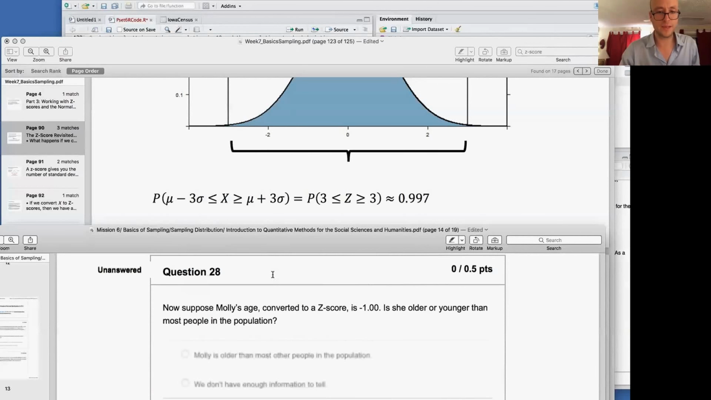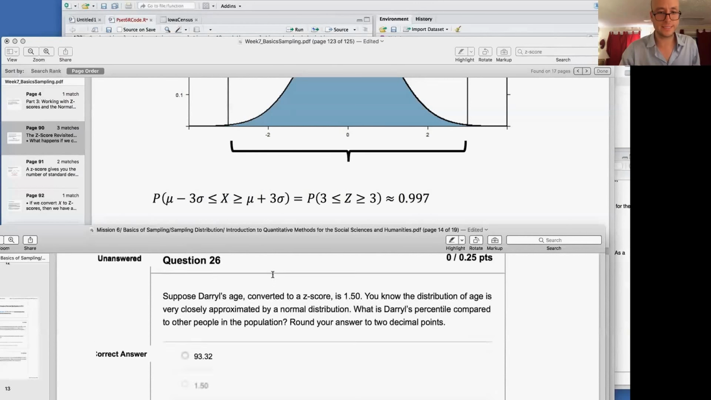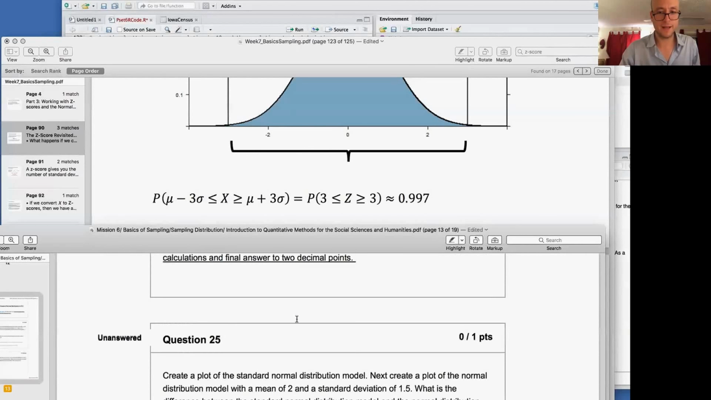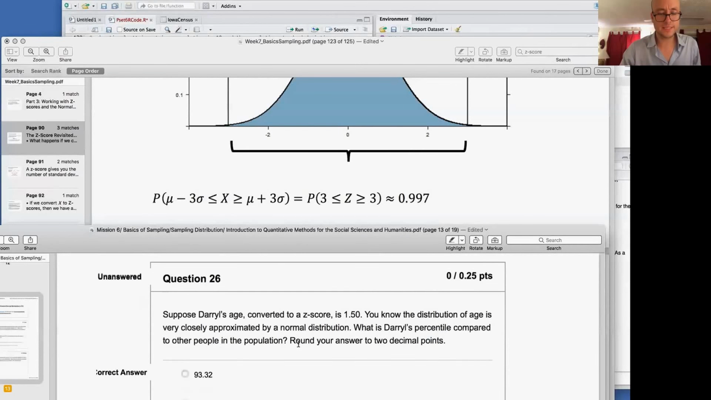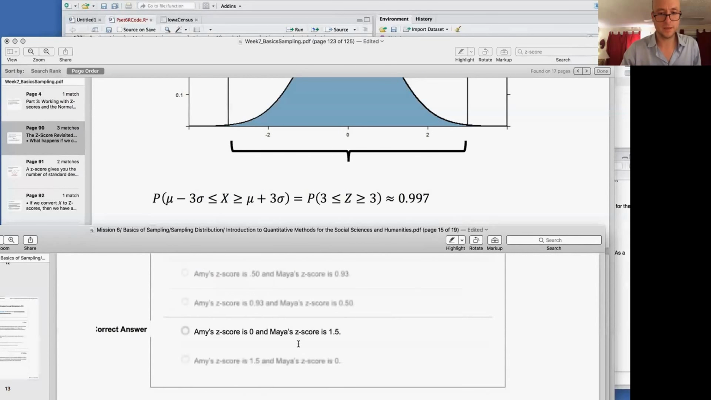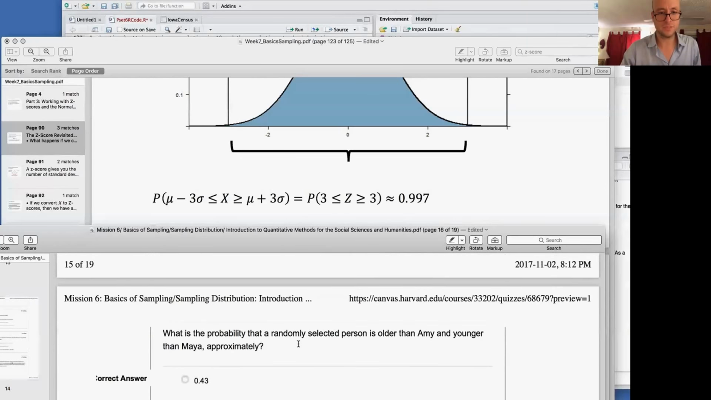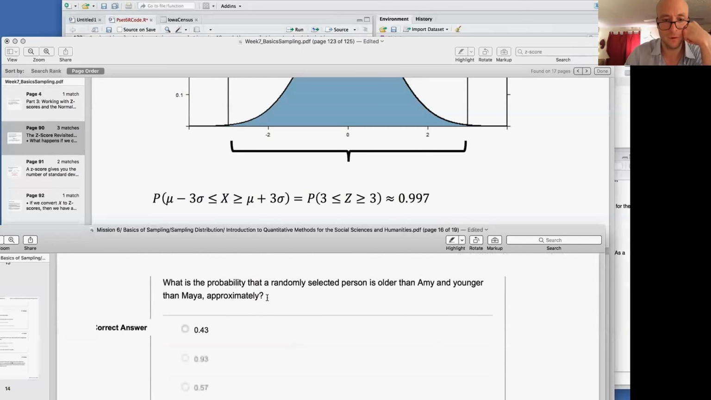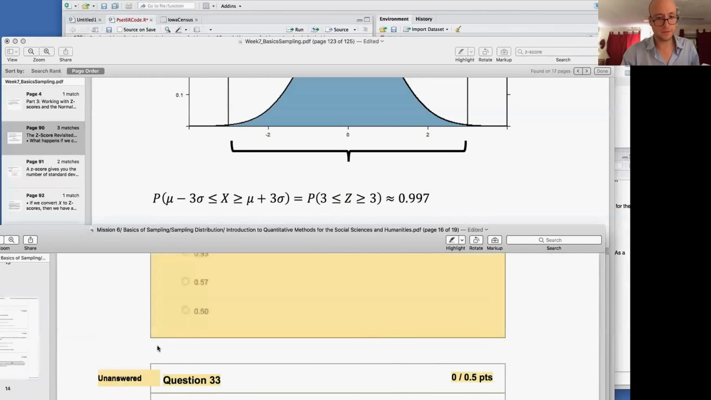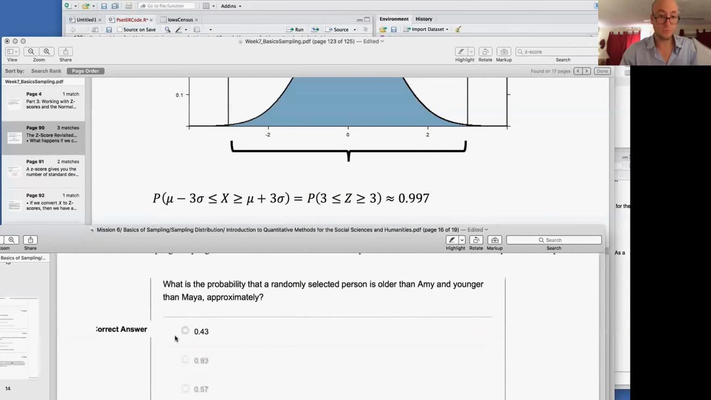So there's only one answer for 25. No, I'm sorry. For 26, answer 26, that might be an issue. Same with answer 32. So there are two answers here that we might want to give you if your code didn't work, because that code should have worked for you. And it did work for me, but I don't know what happened. Okay, so but you can look at pages